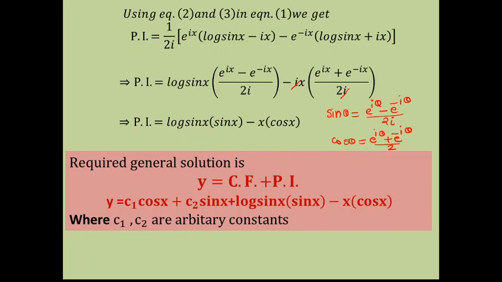So this is the particular integral. Obviously, don't forget to write the general solution. That is given by y is equal to complementary function plus particular integral, substituting the complementary function and particular integral. I hope the general method is clear to you all. You have both choices: either factorize the linear factors and separate them by using partial fraction, which we have done in the third example, or you can not separate the linear factors and operate each factor on the function one by one. These are the two choices.